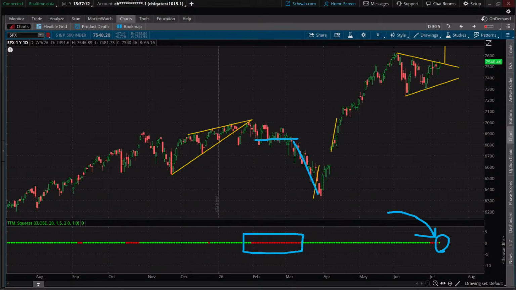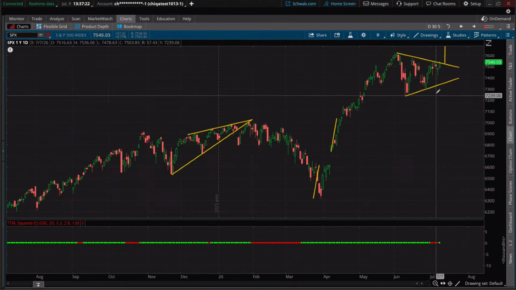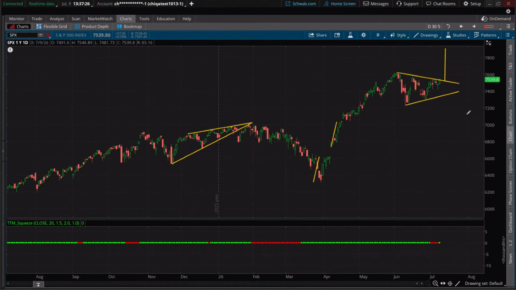Think about Bollinger Bands in terms of a read on sensitivity of volatility in terms of the range of a stock moving. Isn't it interesting that's happening at the exact same time that we're testing that upper channel line? Isn't that fascinating? Within the historical summer rally range here, we don't know if that'll happen, but it is within there, within a longer term triangle too.